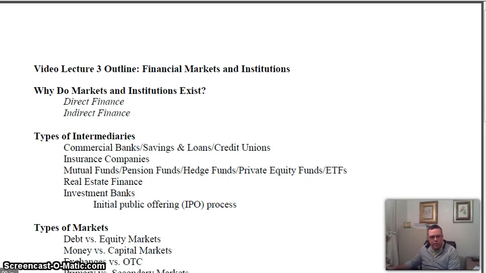There are also things called real estate investment trusts, where what they do is pool a bunch of money together and buy real estate and earn rents off the real estate. Real estate finance is kind of its own field. There are classes on real estate finance, but it's one of what we call the 4 pillars of finance. There's commercial banking, which we've talked about, insurance we've talked about, real estate finance, and investment banking, which we'll talk about in a second. But real estate finance is just what they do is they buy real estate, own it, and earn rents on it.